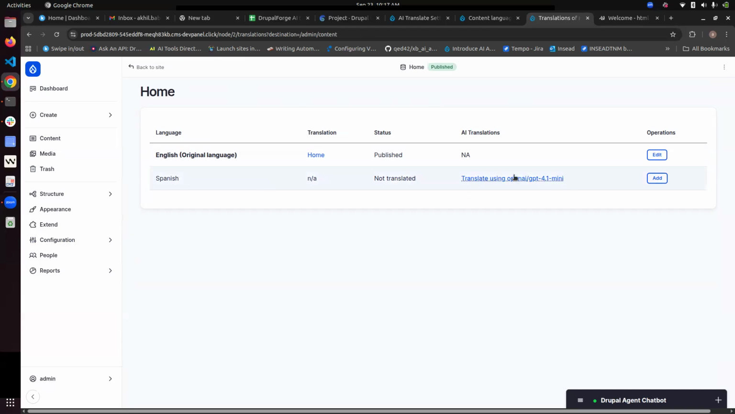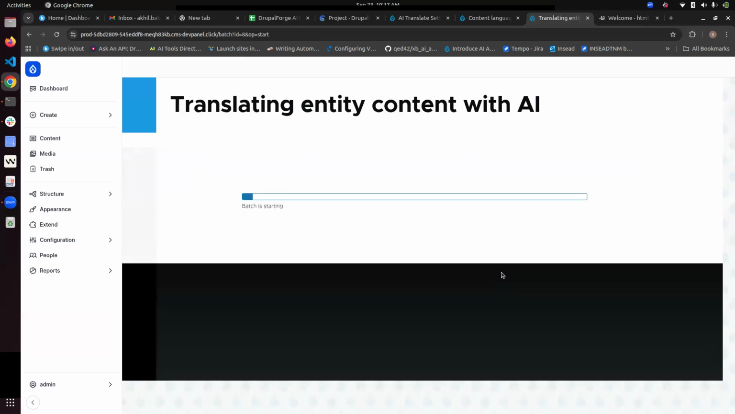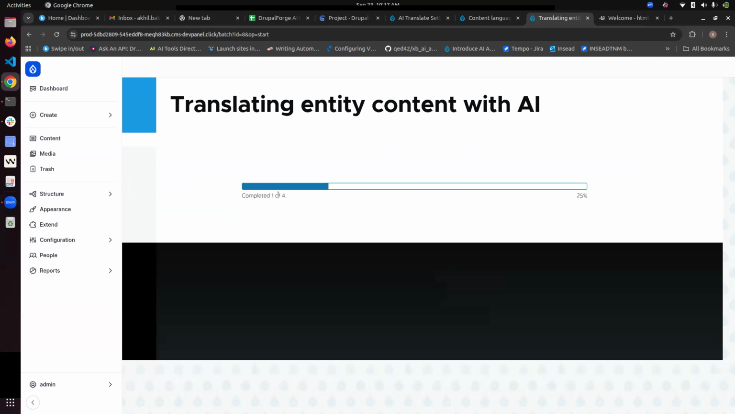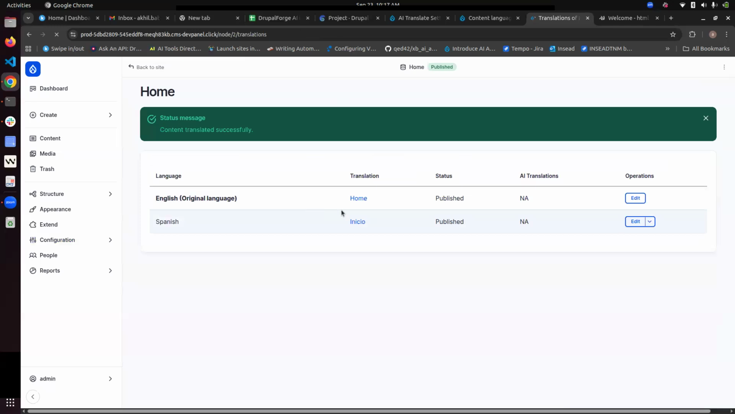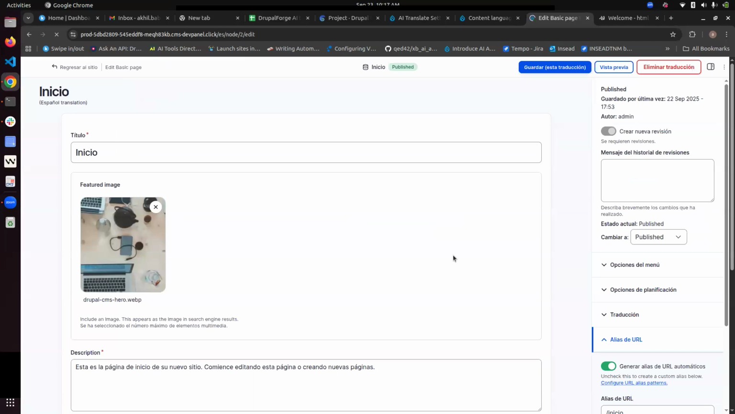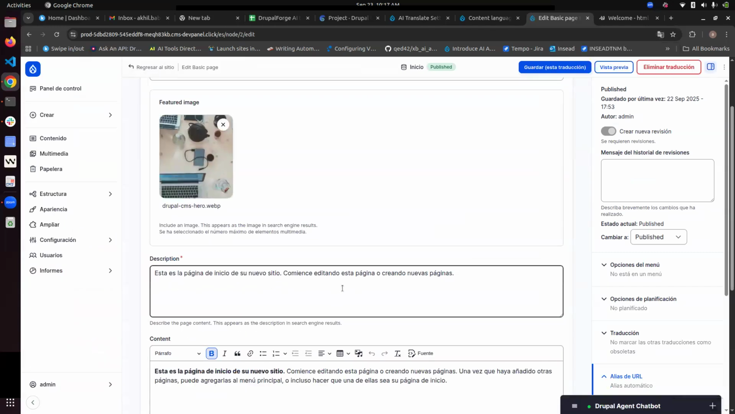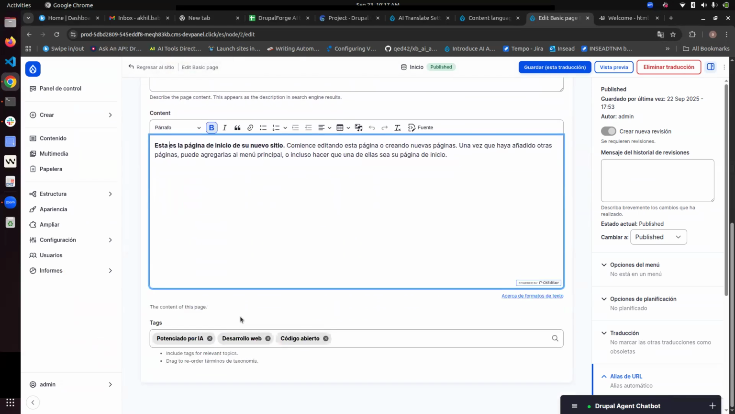Okay, now to translate this, simply click on this button. It will start a batch process and send all the contents to the LLM. So it's sending 4 items now. Then the content in each field will get translated, and here you can see the title has been translated, and the page has been saved in published state, because the original language was in published state. The description is translated, then the content is translated, and even